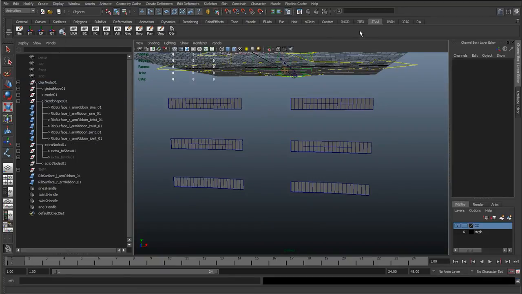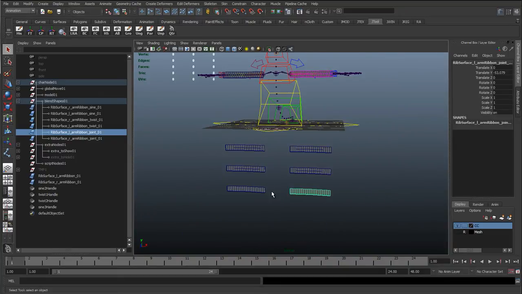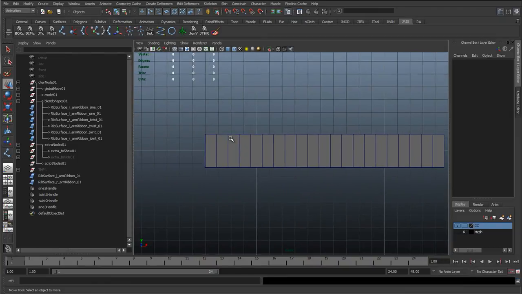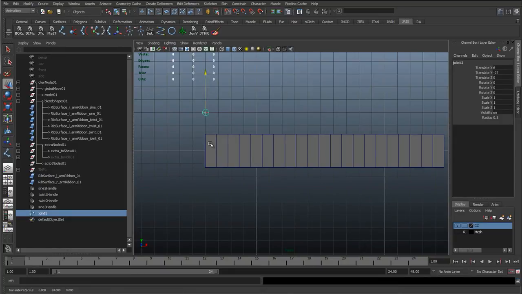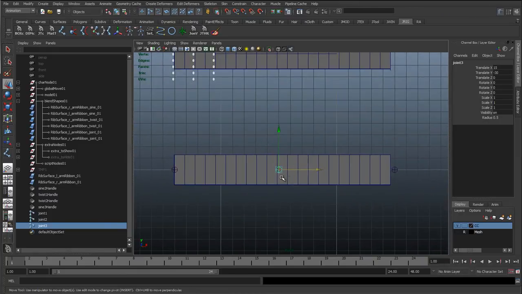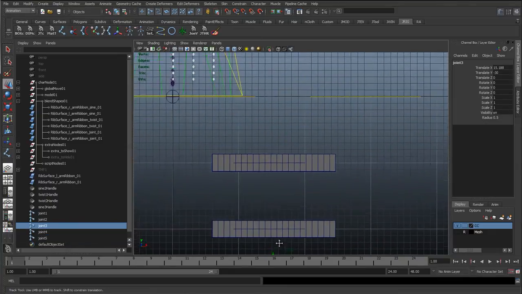And then the next one down, what I'm going to do is we're going to create a series of joints on this. So I'm just going to go to the front view. And I'm just going to duplicate these along. Create a few joints in here. Get these sort of in the middle. So what we could actually do is